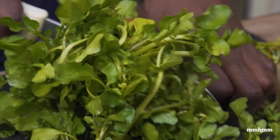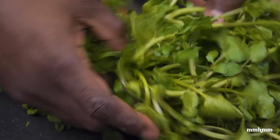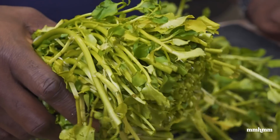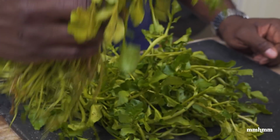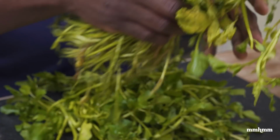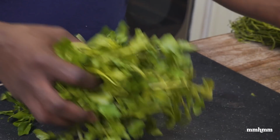Cut off the tops like this. I'm gonna use this part of it. And I wouldn't throw this away. This is something that could end up in a smoothie. So definitely don't waste the watercress. You could blend this up and throw it in your little smoothies in the morning for health and strength. But I'm gonna put it in a bowl